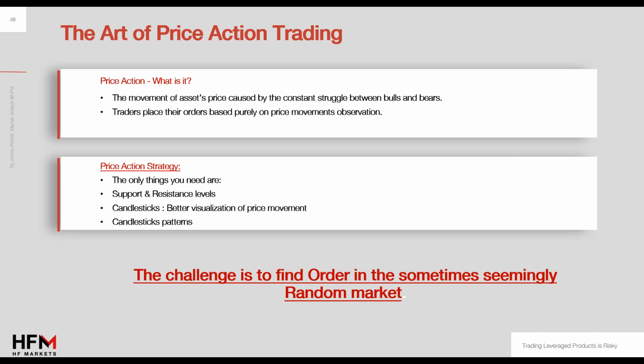Price action traders just observe what is going on right now, the recent movement, and this is their technical indicator. The price movement is their technical indicator, and based on that, they place their trades, based on the information they have gained from the price action and on their individual decision making.